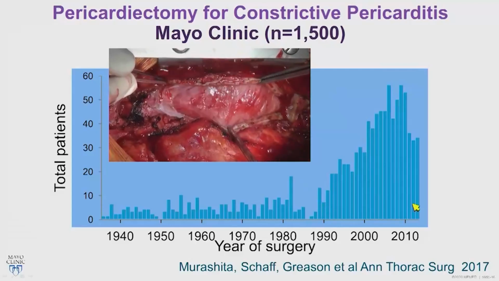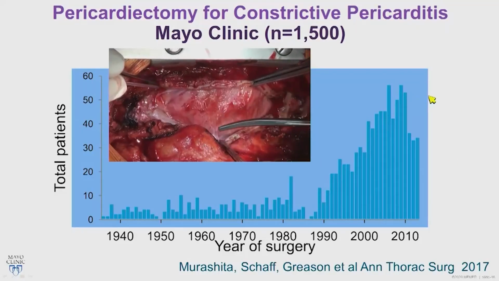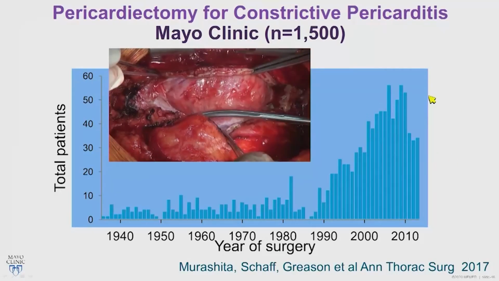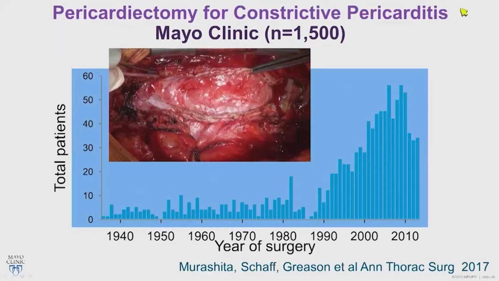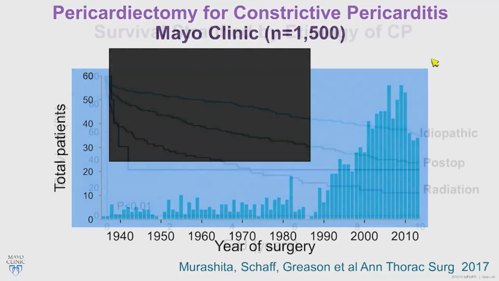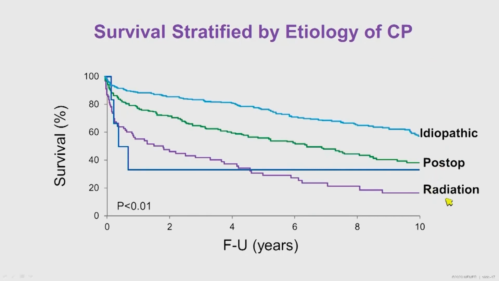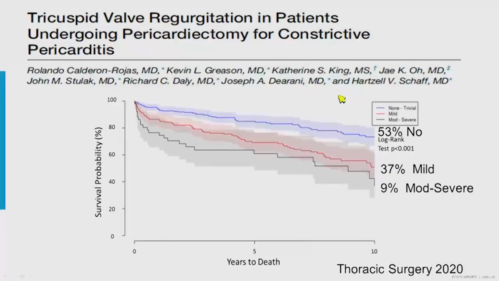We diagnose more patients, and we are now doing 75 to 100 pericardiectomies a year at the Mayo Clinic to deal with these patients. And the radiation and post-op constriction have much worse prognosis compared to idiopathic viral pericarditis. Also important to note that tricuspid regurgitation is important, because 53% of them with constriction have